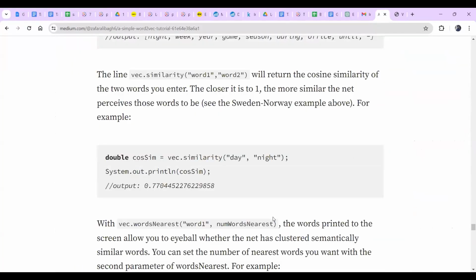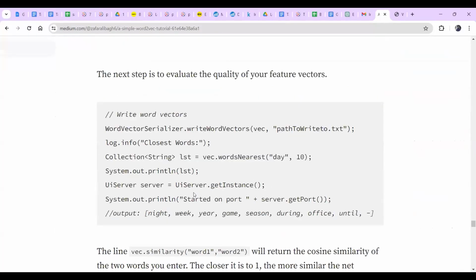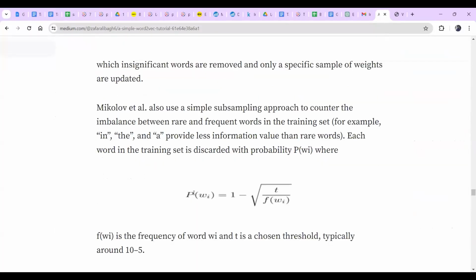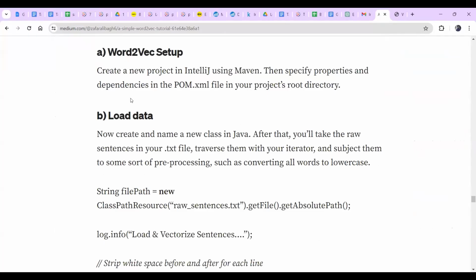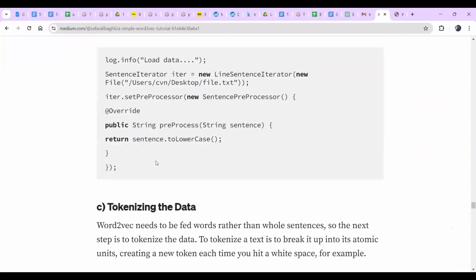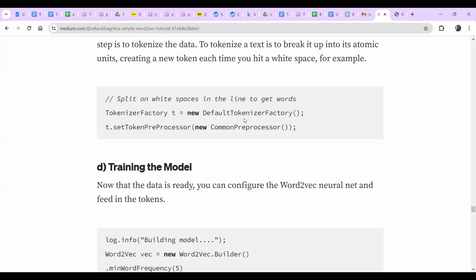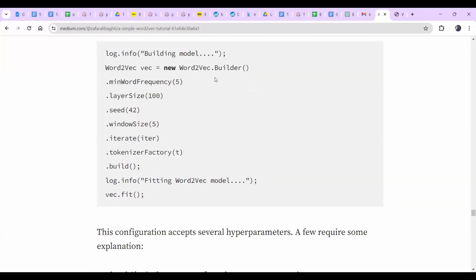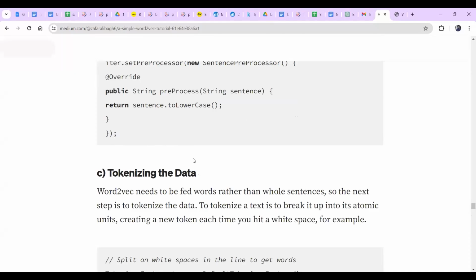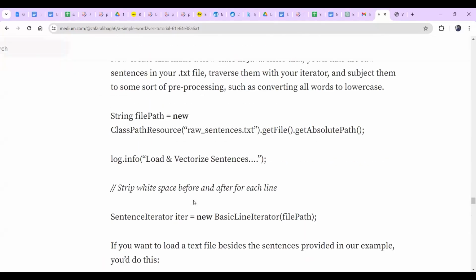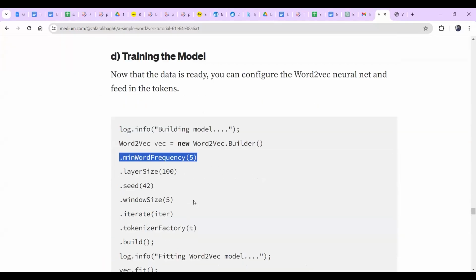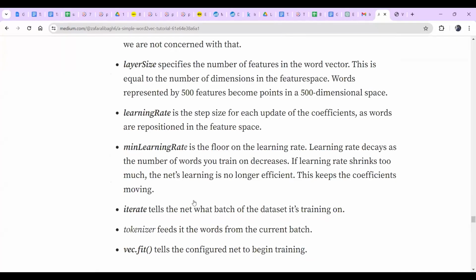Okay, so just a small snippet of the code. You will load the data. Loading data is fine, assuming you have data in a data frame. Then you can tokenize the data. There's an option to tokenize, there's an option to pre-process, but the main thing is training. This is not configured in Python. This seems to be some other language. Anyways, we'll see code for Python in the next class.